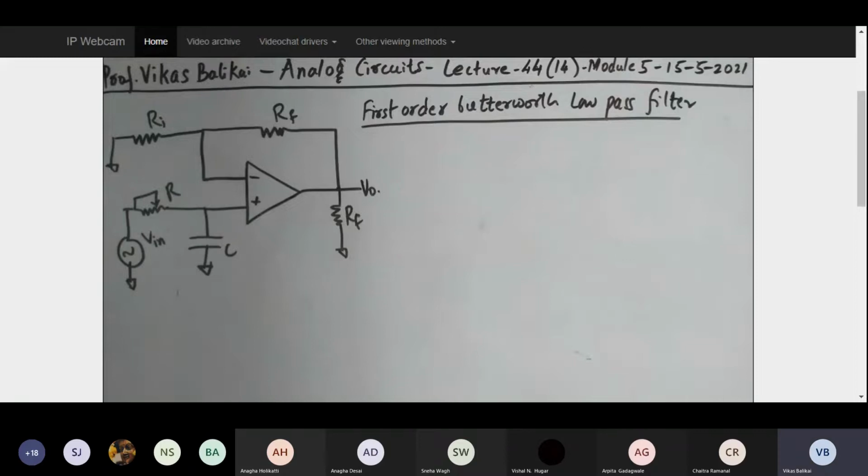As compared to your module 4, this module is not that lengthy. Once we begin with the filters, you will come to know that we are going to discuss 3 filters. As you know, the filters are the low pass filter, high pass filter, and the band pass filter. We are going to discuss the implementation of these filters using the op-amp.